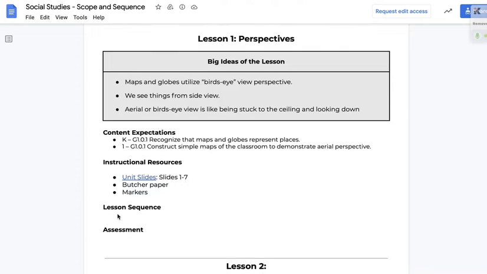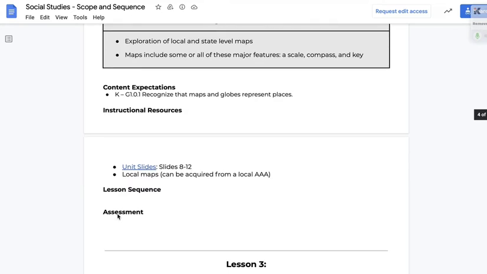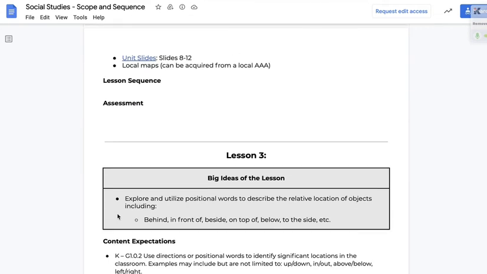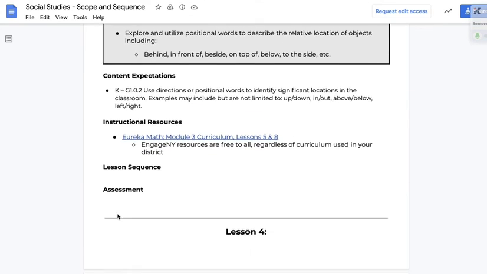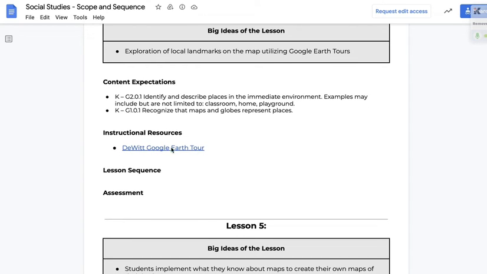Let me scroll down to the bottom, because in lesson 6, maybe. Sorry, I'm scrolling fast, which is something I'm not supposed to do. Okay, with the DeWitt Google Earth Tour, I wondered if you had considered adding a short piece of instruction for how to create a tour like this if I'm living in a different town, for example.